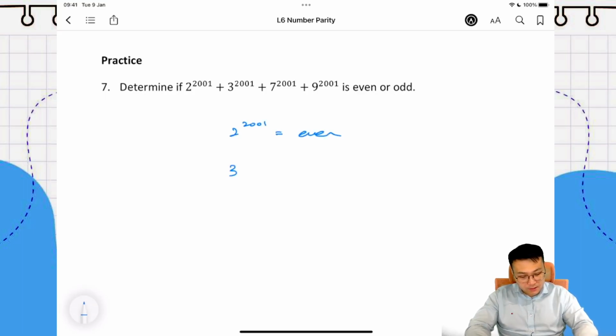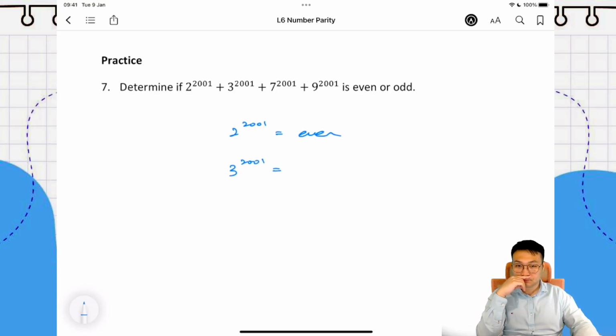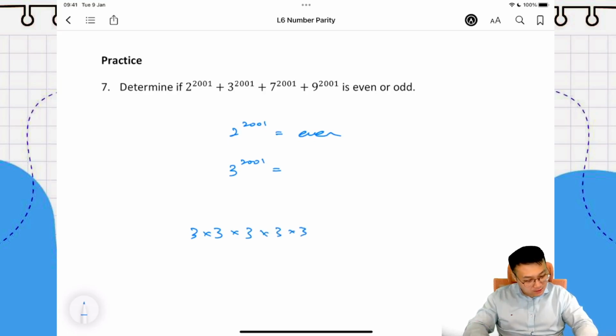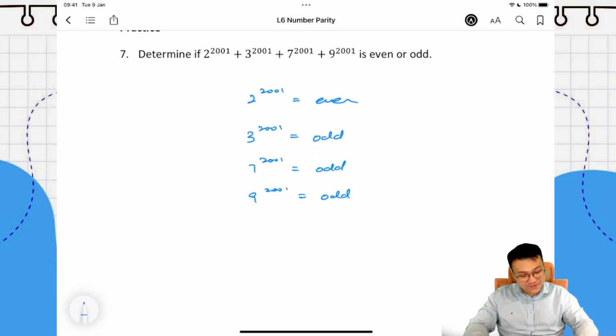What about an odd number? If I keep on multiplying an odd number by itself, odd times odd times odd times odd times odd, will I get odd or even? Odd times odd is odd, right? Times odd again, still odd. So in the end, what will I get? Odd or even? Odd. What about for 7? Also odd. What about for 9? Also odd. So if you add everything together,